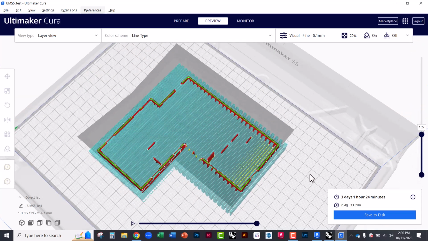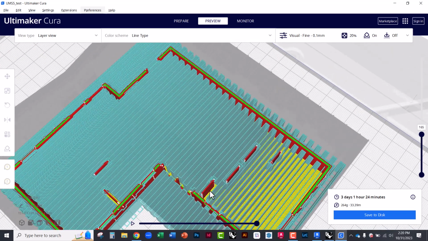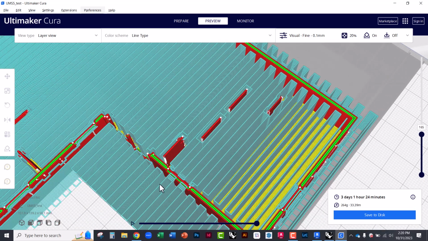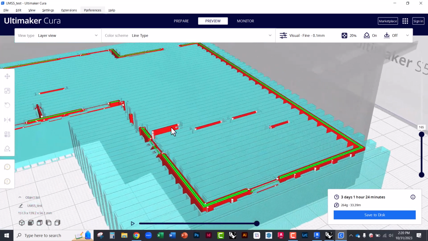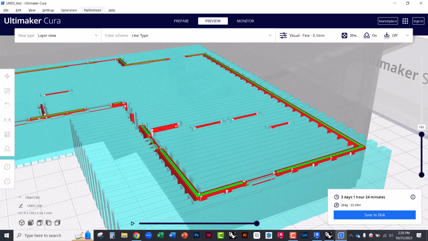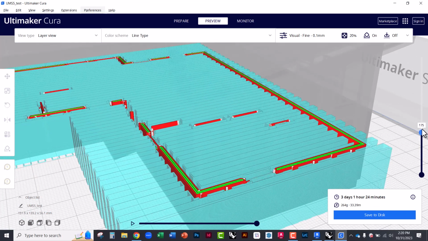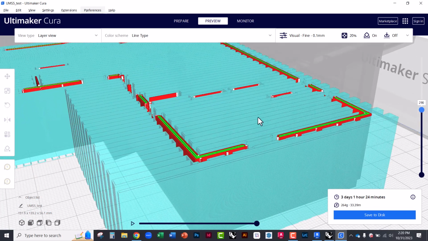It's going to take the building, which you see in red, all of the walls show up as red here, and it's going to go layer by layer, depositing not only the material that we're going to use,